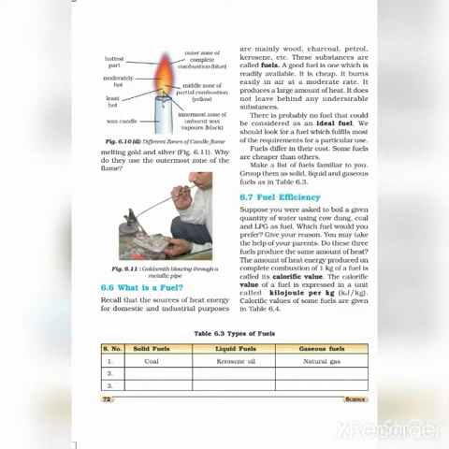An ideal fuel is one which is very cheap, readily available to us, and easy to store and transport. Secondly, it should burn smoothly without emitting harmful gases. Now, it should have a moderate ignition temperature. That means it should not have a low or high ignition temperature. Moreover, it should have a high calorific value. It should give more heat on burning. What does high calorific value mean? It should give more heat on burning. So all these characteristics represent an ideal fuel.